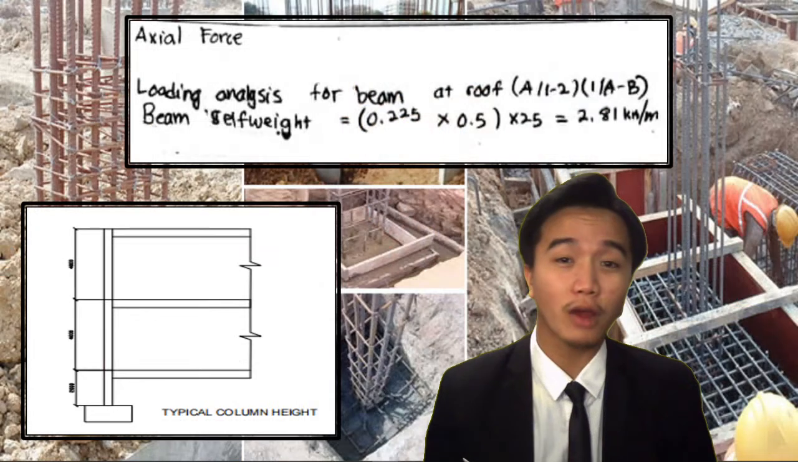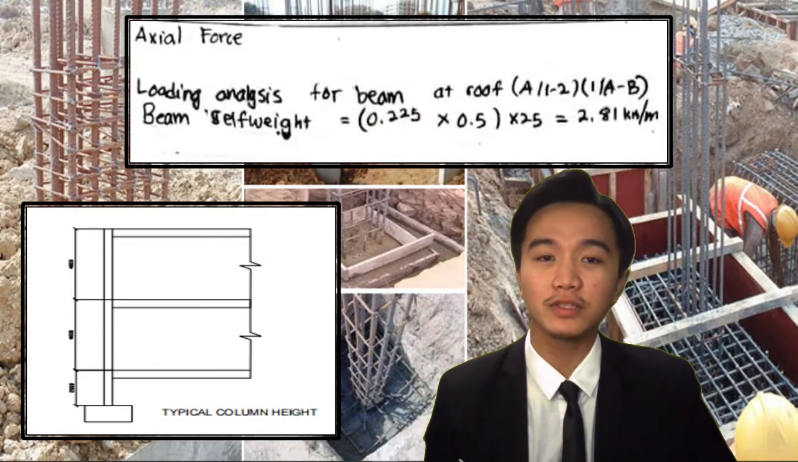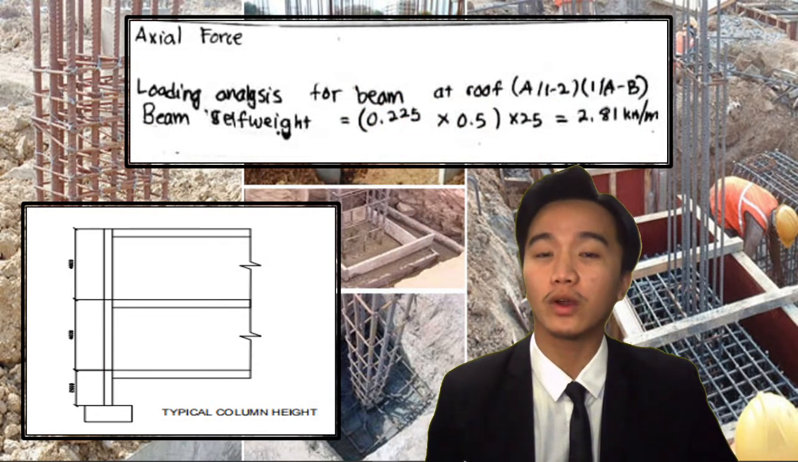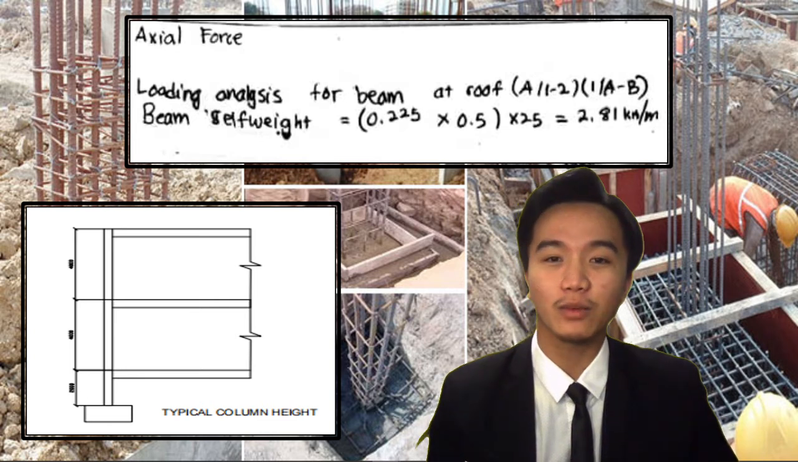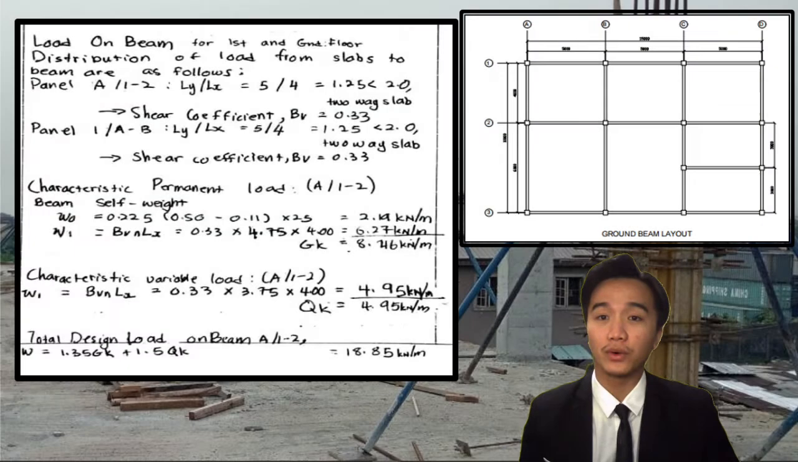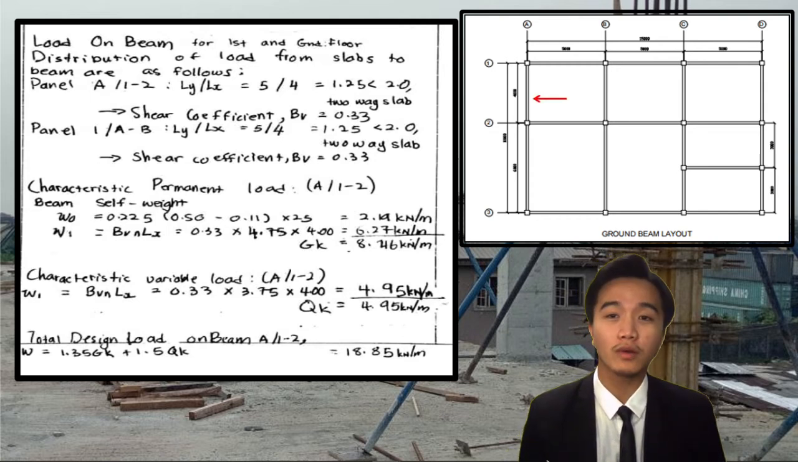So, we start our calculation by calculating beam self-weight, and the calculation that we obtain is 2.81 kN per meter. So, the loads on beam for first floor and ground floor were shown in this picture. So, in order to calculate the distribution of load from slab to beam are as followed by from panel A12 and our shear coefficient is 0.33,